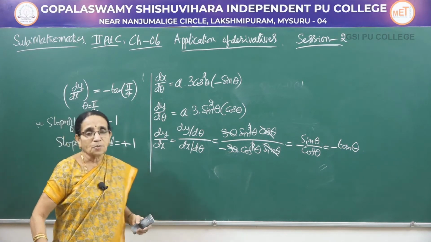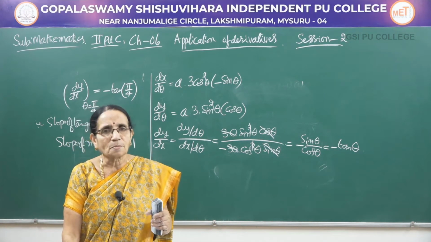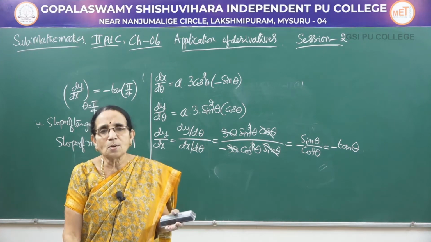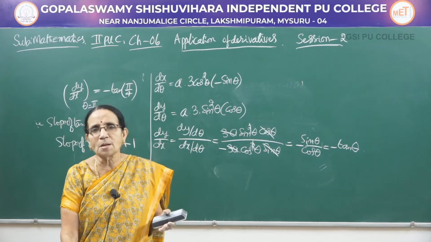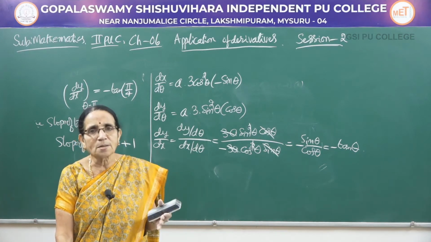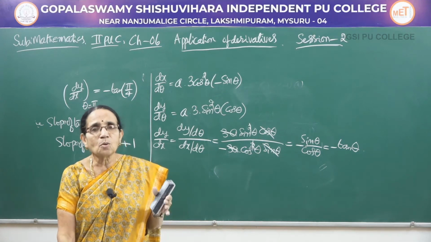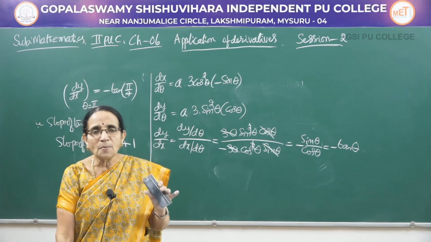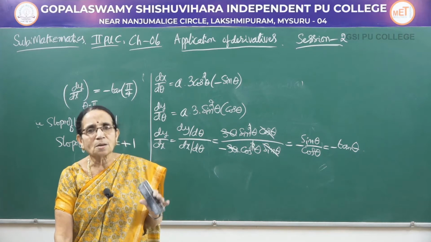So if they ask you to find the slope of the tangent, you directly get the answer. As soon as you do the differentiation and write the values for x and y which have been given in the problem, you get some real number, that is the slope of the tangent. So if you are asked to find the slope of the normal, then after getting the slope of the tangent, because as soon as you differentiate you always get the slope of the tangent, to get the slope of the normal, take the reciprocal.